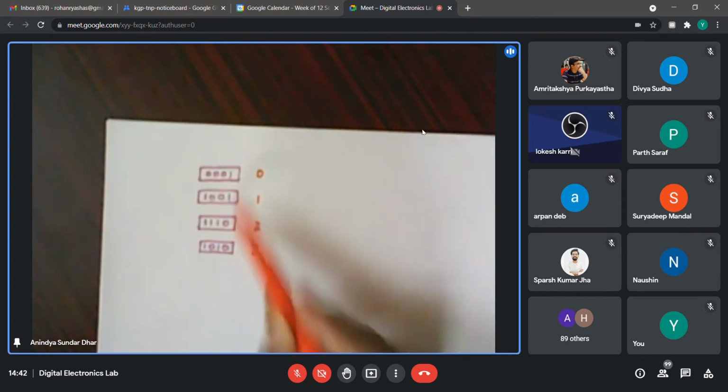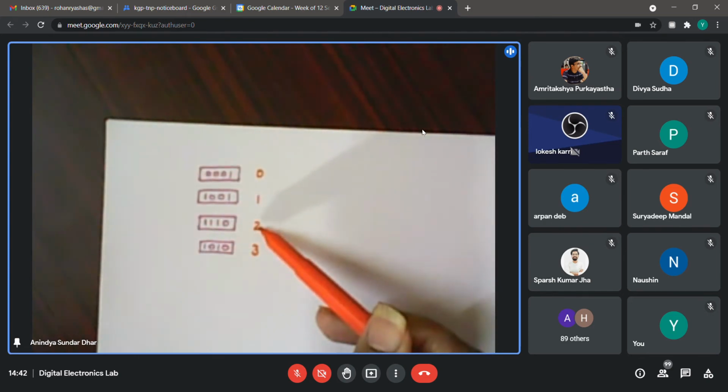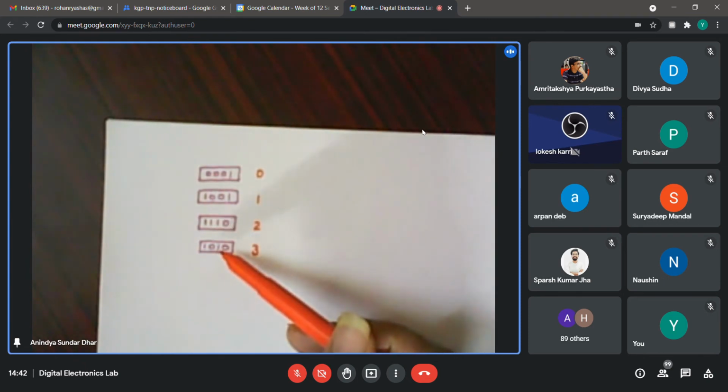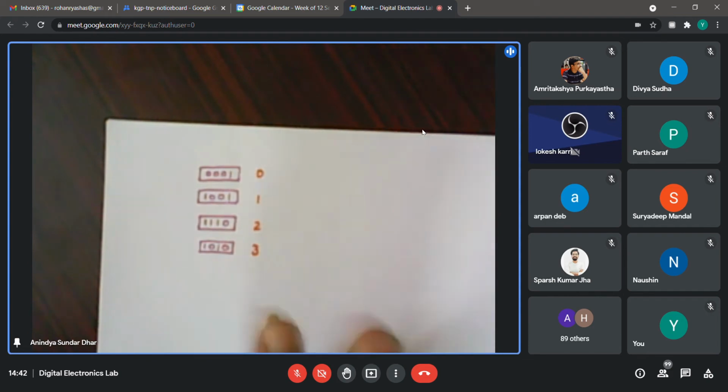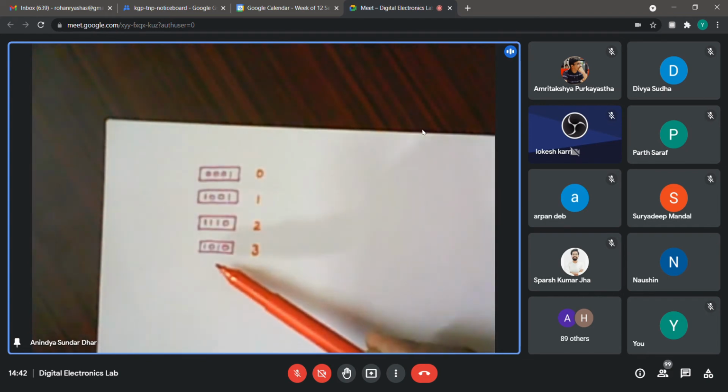So I will refer to any of these registers by a specific number. Say I will say, tell me the content of register 2, tell me the content of register 3. So is that part okay? If you forget about the RAM for the time being, just think about several 4-bit registers.